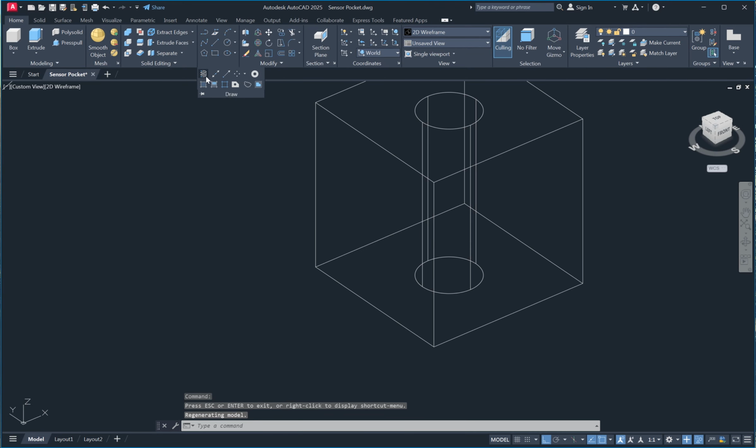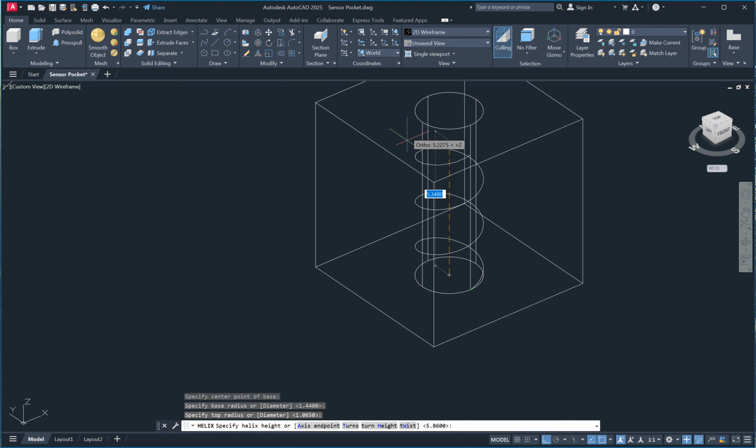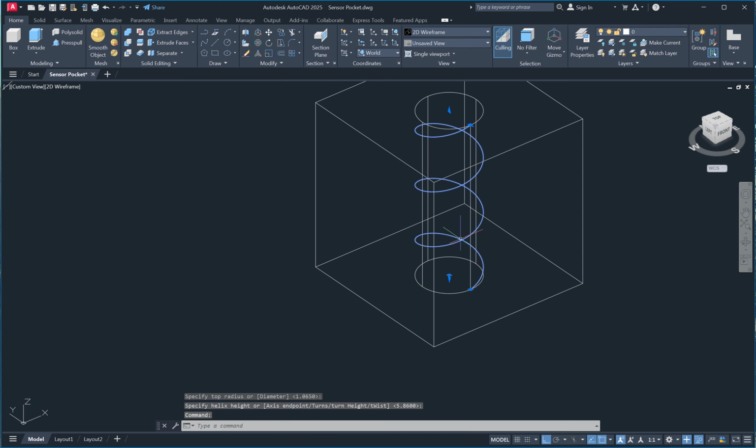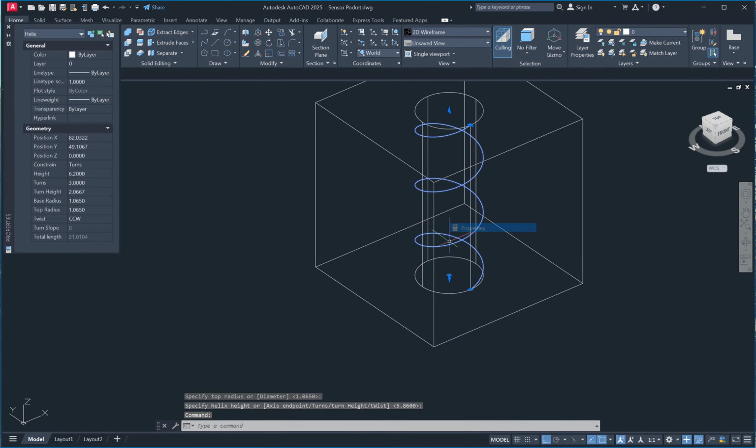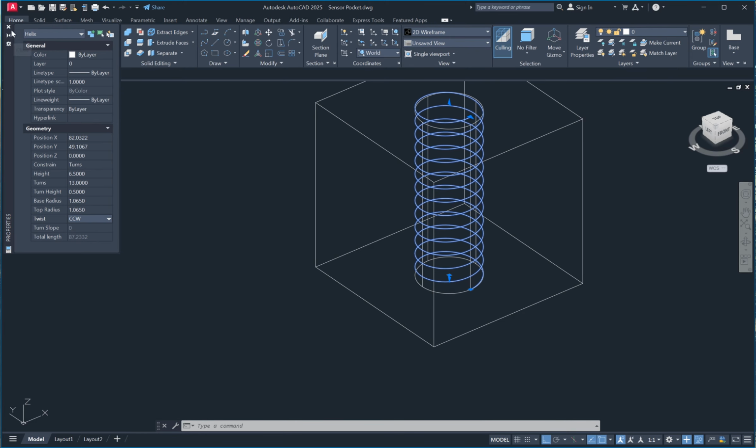Then we go to draw, helix, specify center point of base, click here. Specify base radius, specify top radius, and specify height. Here. Select, right click, properties, turns, we give turns 13, and turn height 0.5, like this.